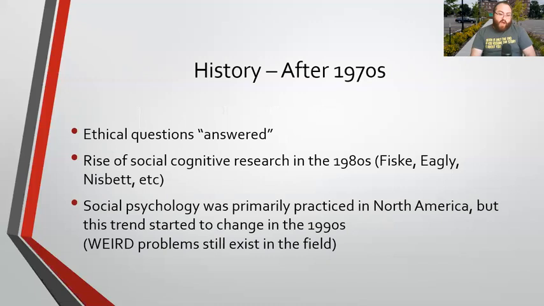There wasn't really a radical shift in the 1970s and beyond, but there were a few changes that happened. One is that many of those experiments that I talked about on the previous slide had ethical issues that not only brought the ethical nature of the experiments into question, but also there were some issues of the scientific integrity of those studies. Some years I choose not to teach the Stanford prison experiment, even though it's a famous demonstration